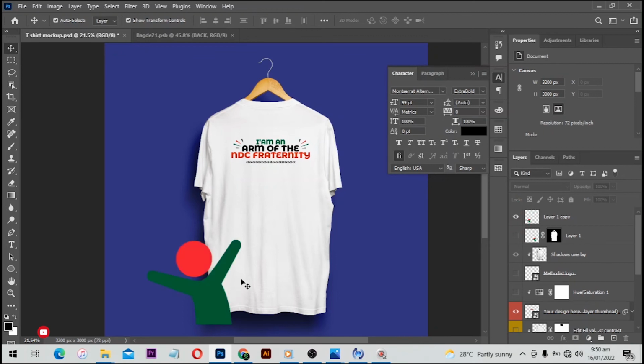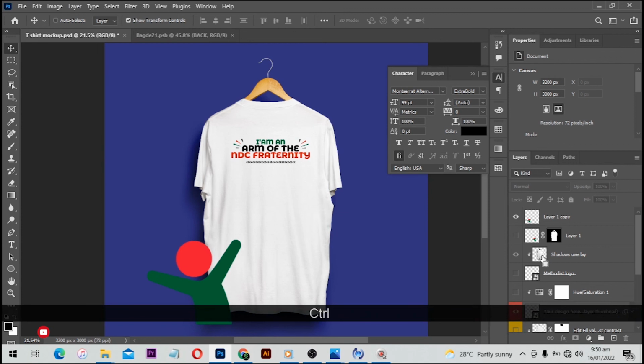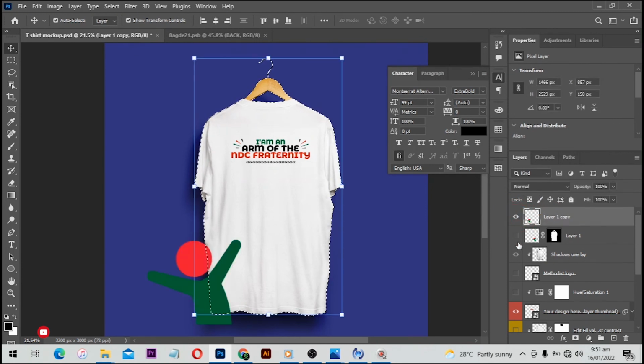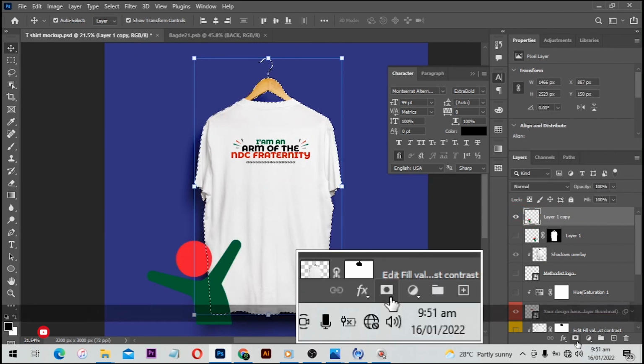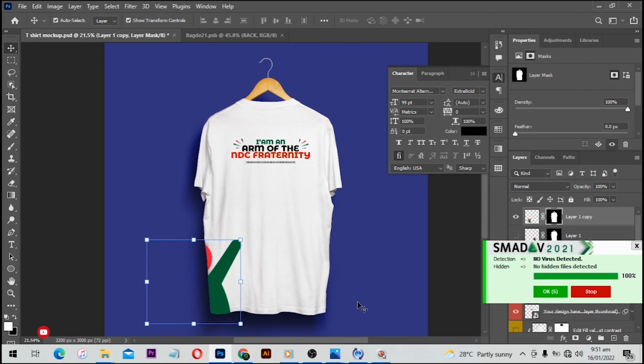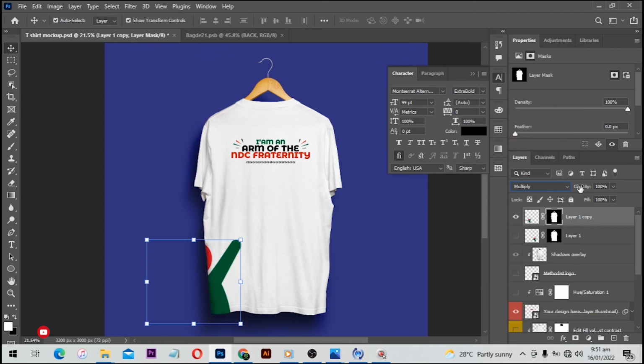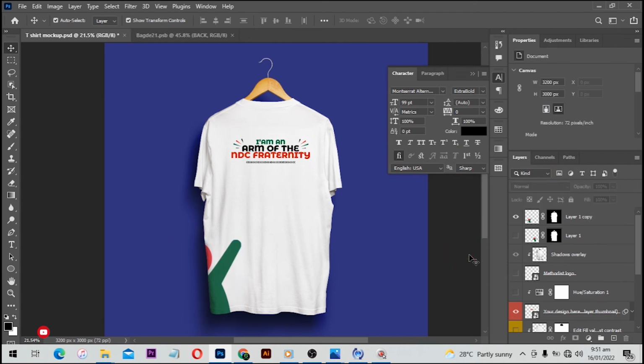Now to elevate the design, we have to add the shadow here. That's why we made this copy. So if you don't have your copy yet, please make the copy and bring it here. Now from here, we are also going to hold down Ctrl on PC, Command on the Mac, and click on the thumbnail to make a selection around the t-shirt, and then select our layer which contains this image, and we are going to add a layer mask as we did earlier. Click on that, and we are going to have the same thing. Then I'll change the blending mode from normal to multiply, reduce the opacity to 85%, and boom, we have our final design on the t-shirt.